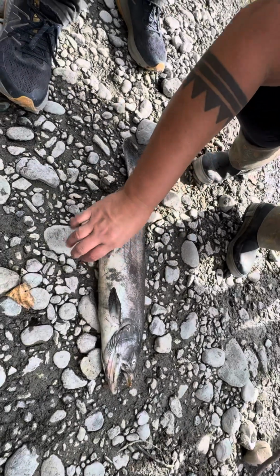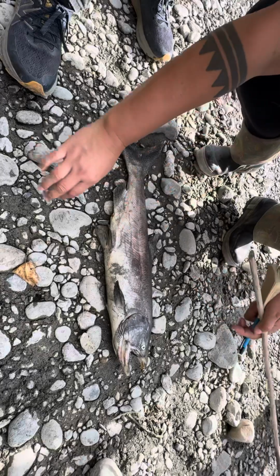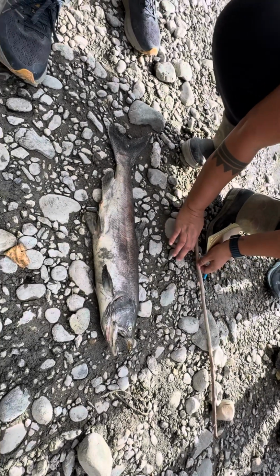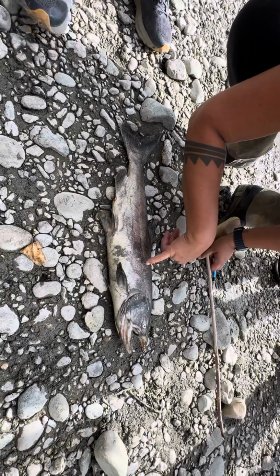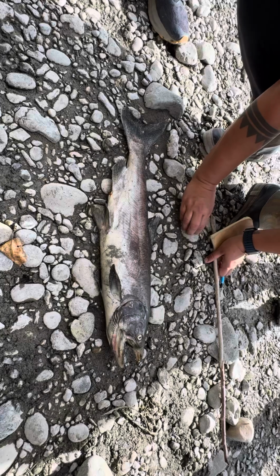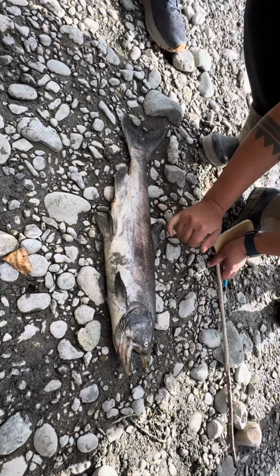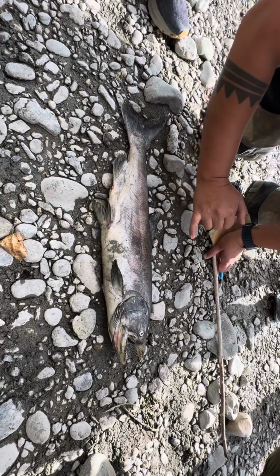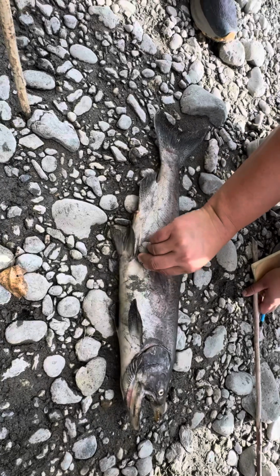Why are the scales so small? I'm obsessed with the small scales. I don't think that these are necessarily small. If you come in and look, the scales are gone for one, because this has been in the river. These are just scale plates. Some of the scales are dried to it. They're not gone, they're dried to it. So you'd have to dig one off. But I think if they're smaller because of...